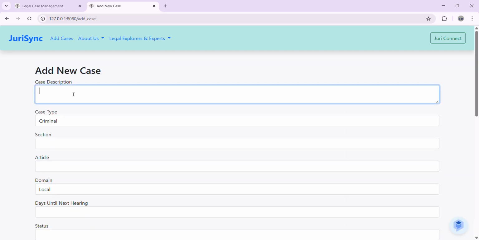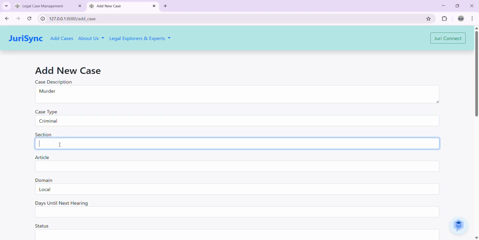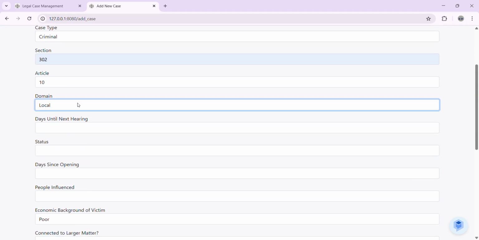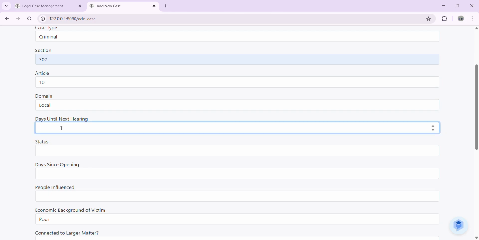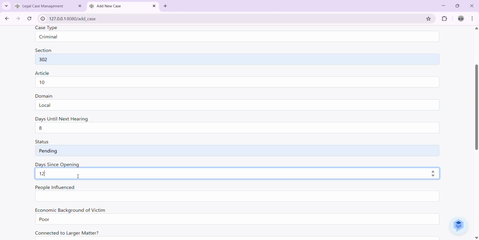We will add new cases here. We will give a very small description, criminal, case type criminal, section we will choose 302, article 10, domain we will give local, among local, national and international. Then days until next hearing we will give 8, status pending, days since opening we will give 12 days,